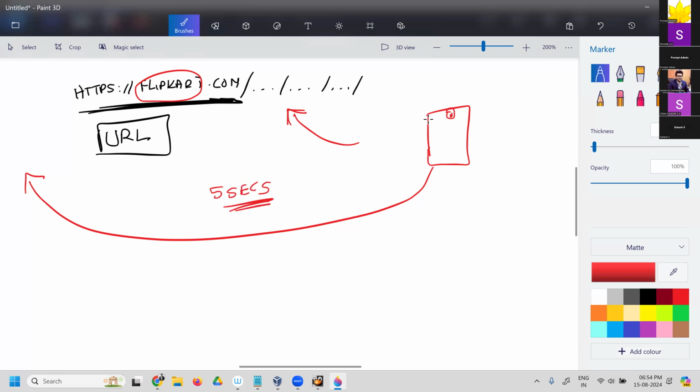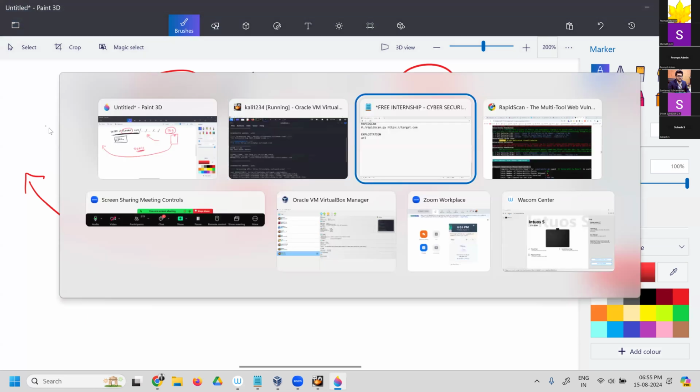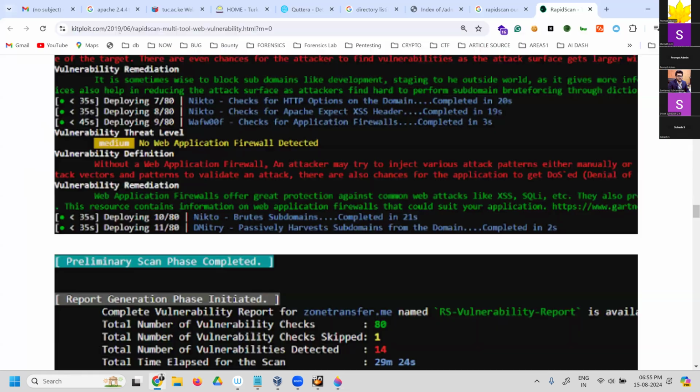Every 5 seconds, it will take a picture of you and it can send it to the attacker using your internet. And the configuration needed and the time taken for this tool to run to generate this URL is just 15 seconds. Worst part, it's an open source tool. I'm not going to give you the tool name, but we have many tools like this, and it is going to take very little time to configure and to attack this. Let me show you a small